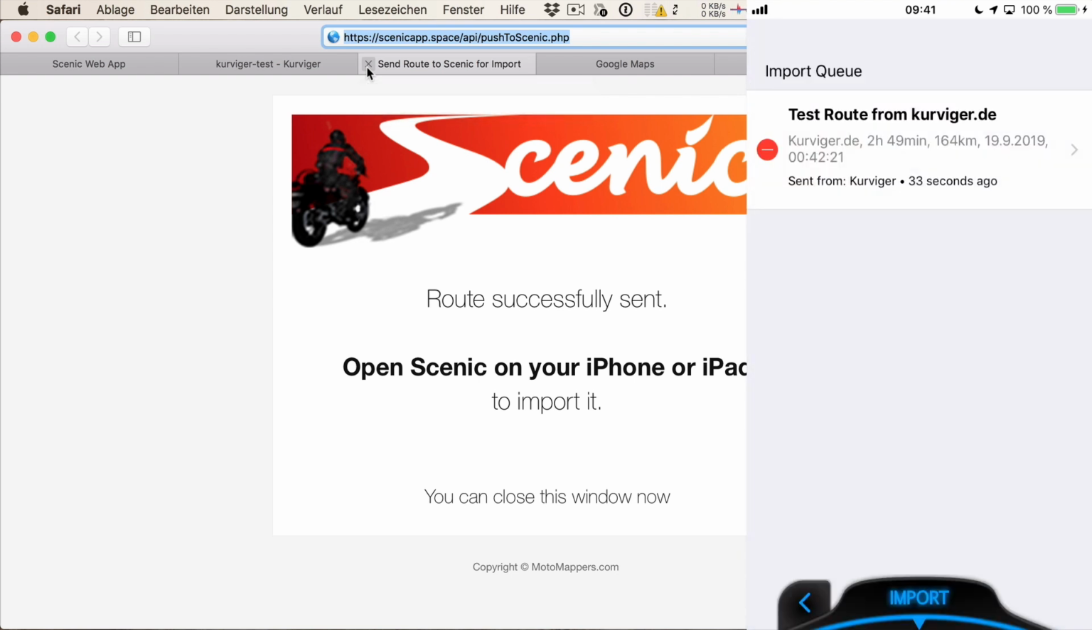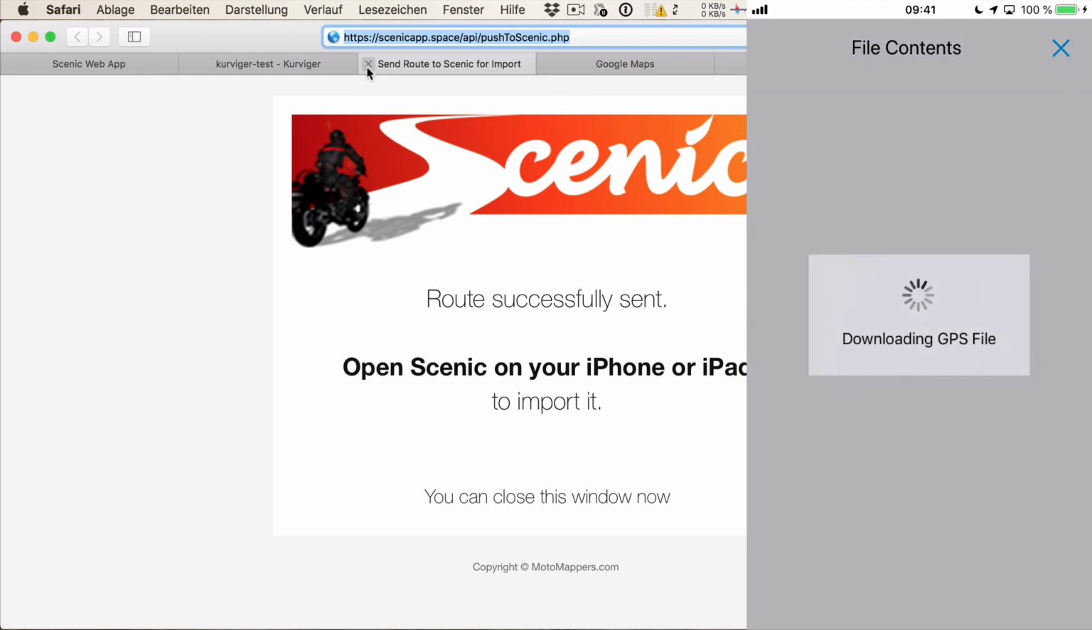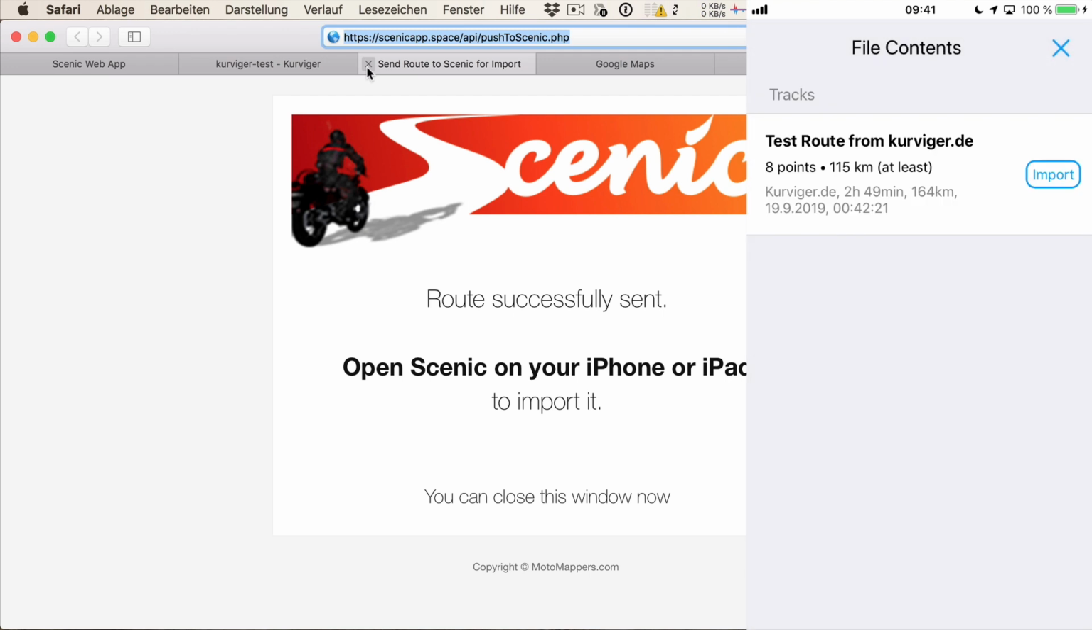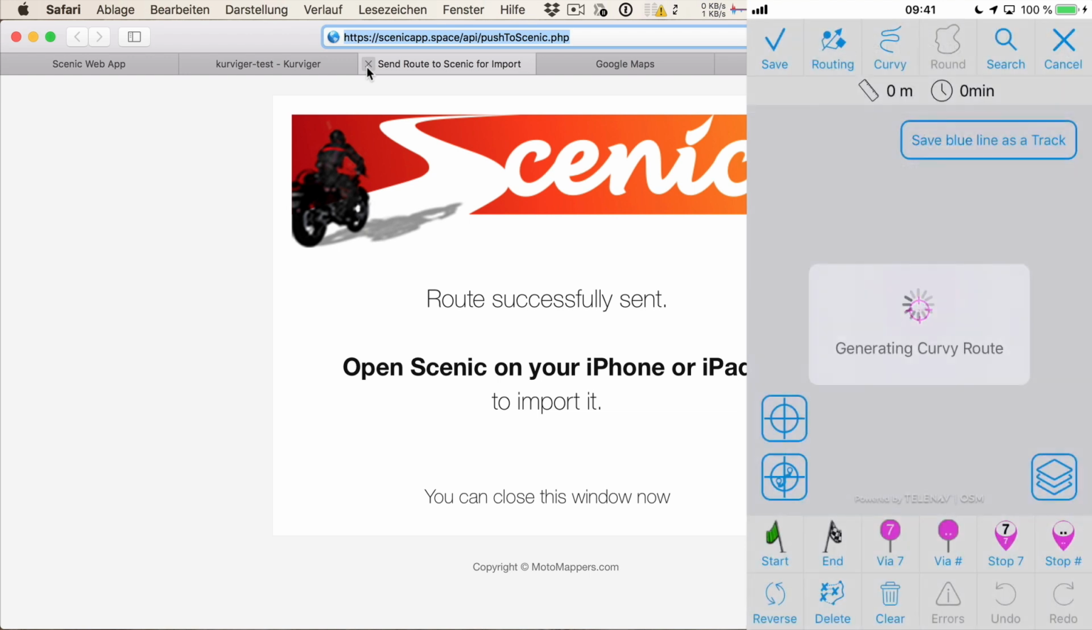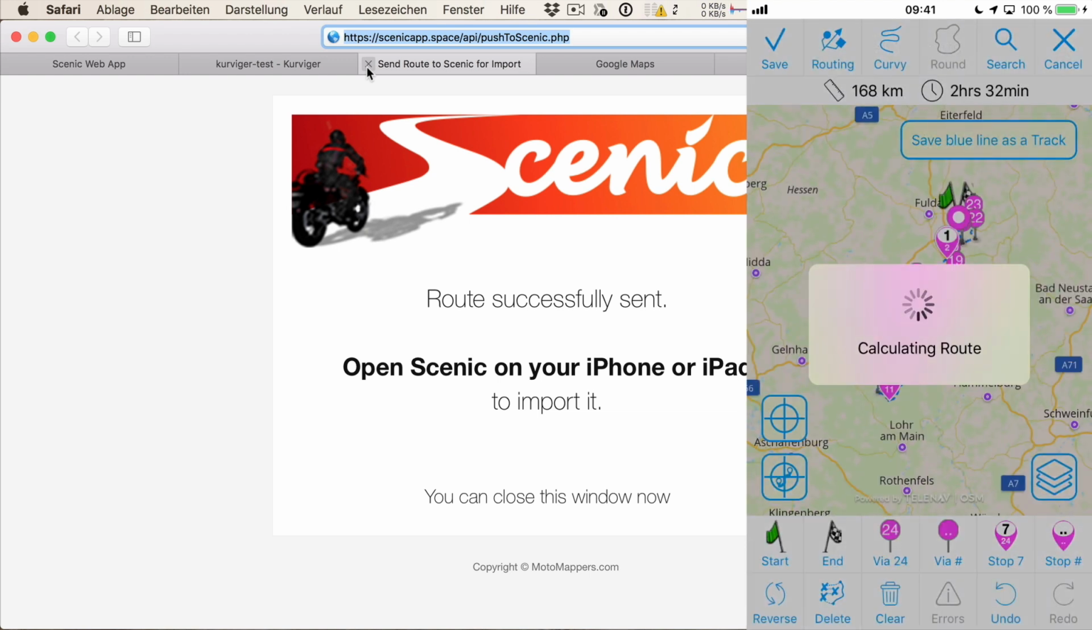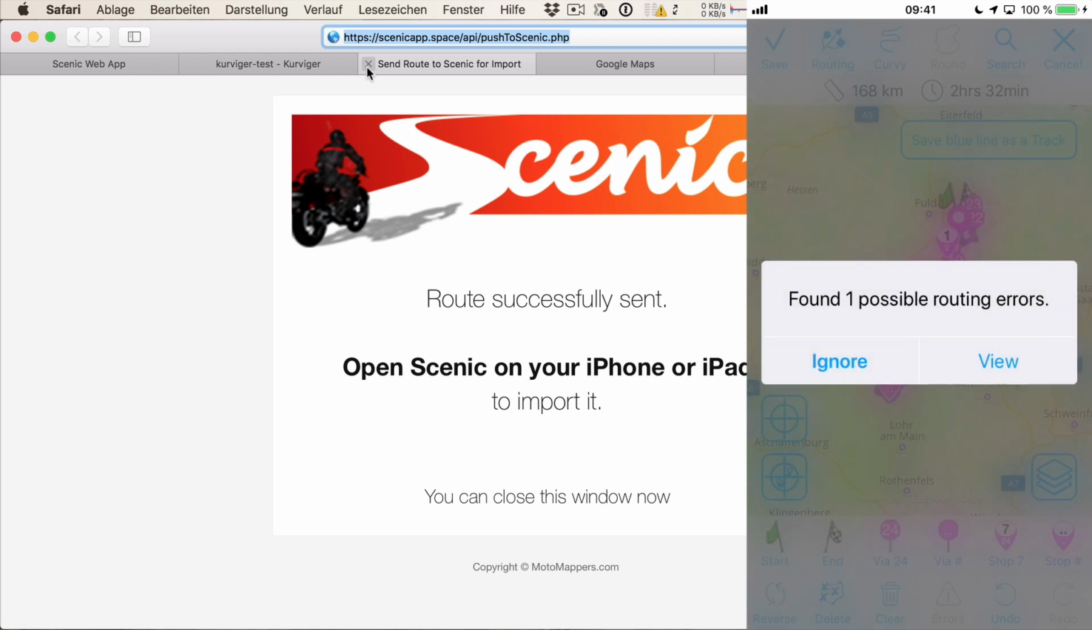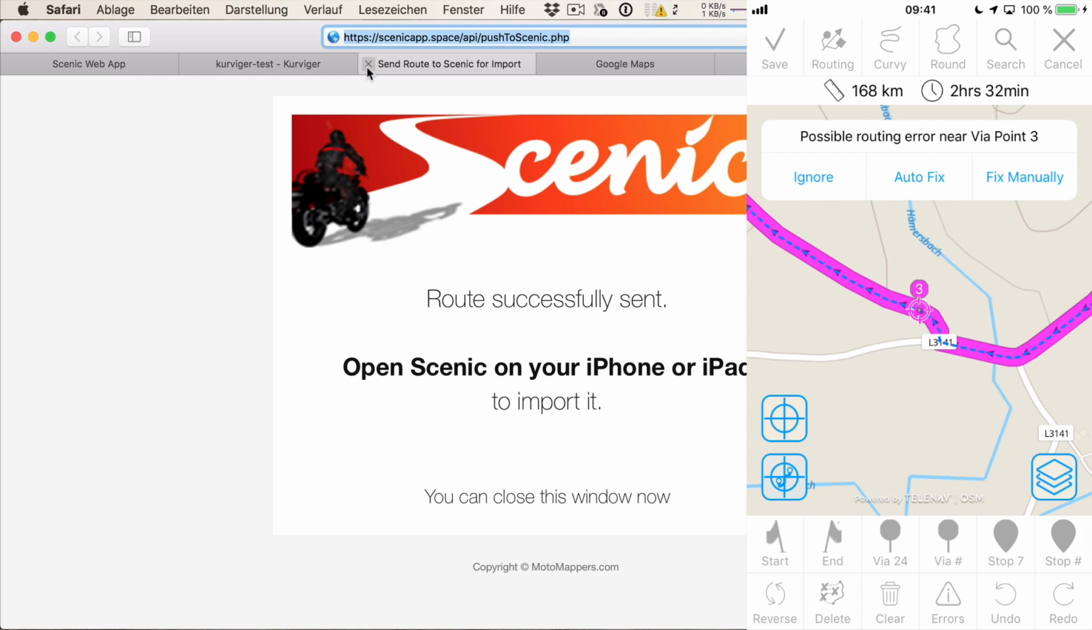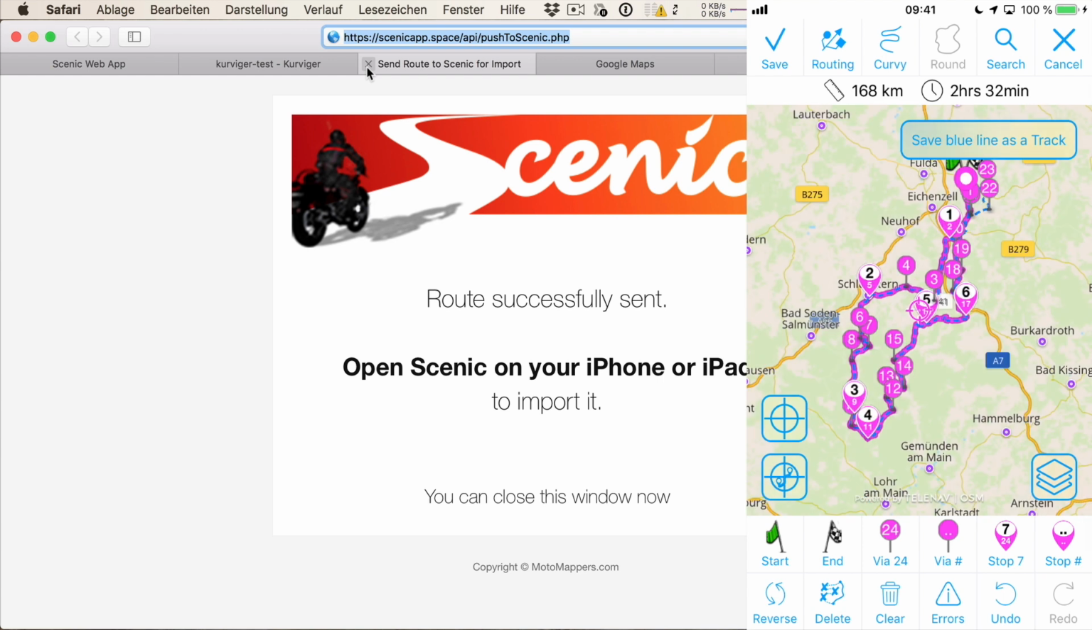So we open this one, we see exactly this test route from kurviger.de has arrived, and we pick it, and then we can see inside of this GPX file there is a track, and we can import this track. And then what happens is Scenic tries to rebuild the sent track as a route using the internal routing. It found some possible routing errors. We can view them. I don't really see an issue, so I say ignore, and then we can zoom into